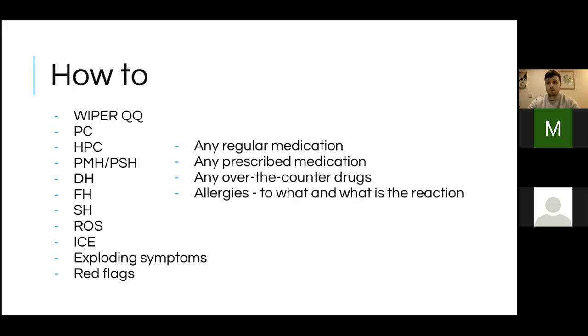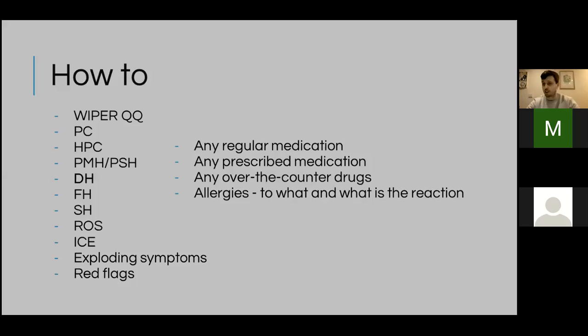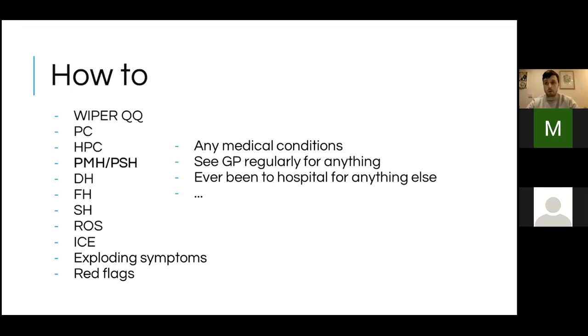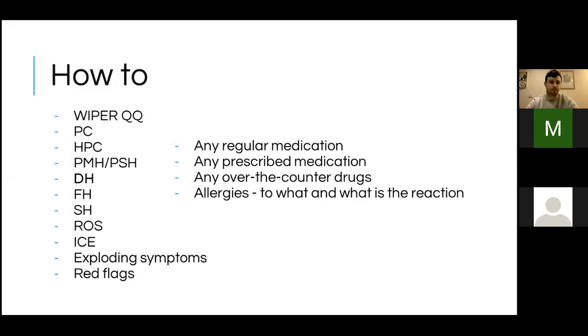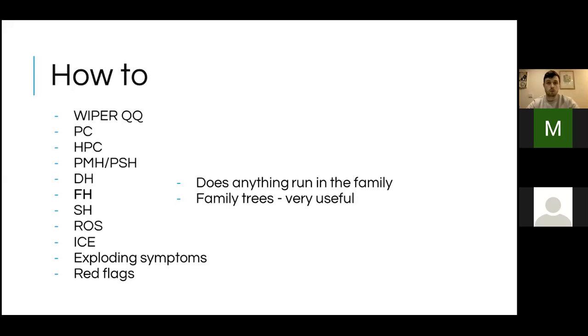I forgot to mention past surgical history. It's also really important to ask about any surgery on the patient, if they come in with abdominal pain, for example, if they've had any previous surgery. Also very important to ask them how recent that surgery is. Family history, also very, very important. Does anything run in the family, is there a strong family history of, in the context of chest pain, heart attacks, stroke, diabetes, high cholesterol, high blood pressure? It's really important to ask about family history as well.